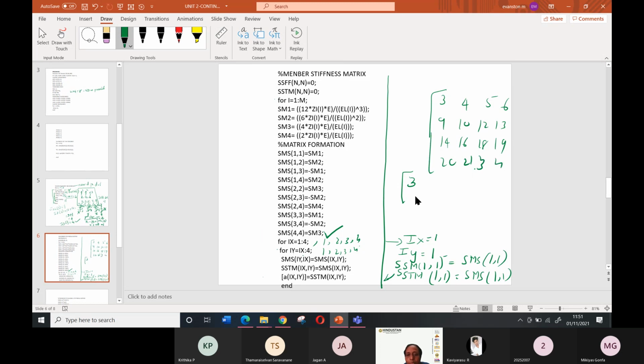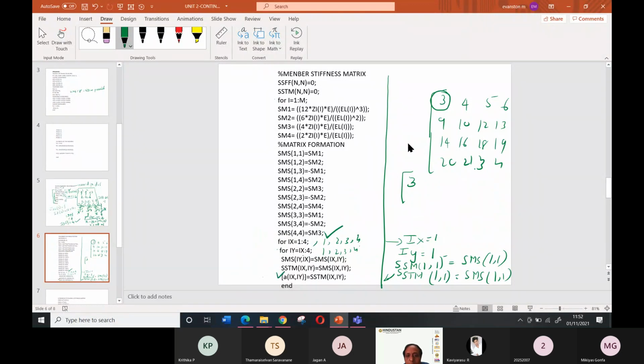So the computer will store, initially it has calculated SMS of 1 is equal to 3. It will store that as 3. Then when you come to the next loop, it will store only the immediate next value. So if you want to have all the values stored in the computer, then you have to write this form.